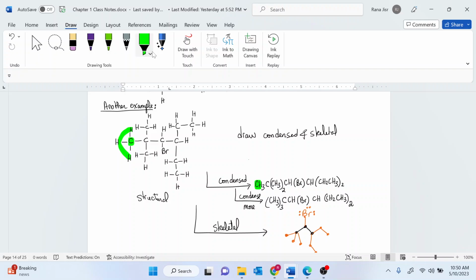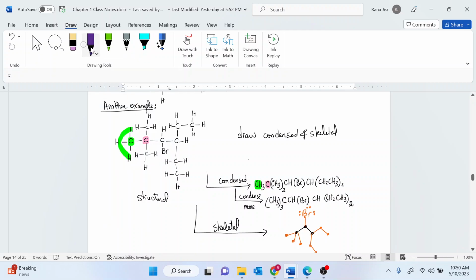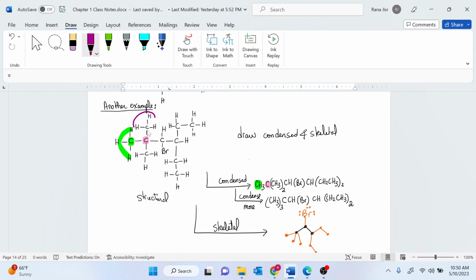Now, next to the CH3, I have a CH or a C. So you have your C in there. Now, what do you have on the C? Look, what do you have on the C? You have a branch on the C. You have a CH3 coming off the C, and you have another CH3 coming off the C. Do you see that? So you have 2 CH3s coming off this carbon. So all I need to do is, because they belong to the carbon, this is called a branch coming off the carbon chain,